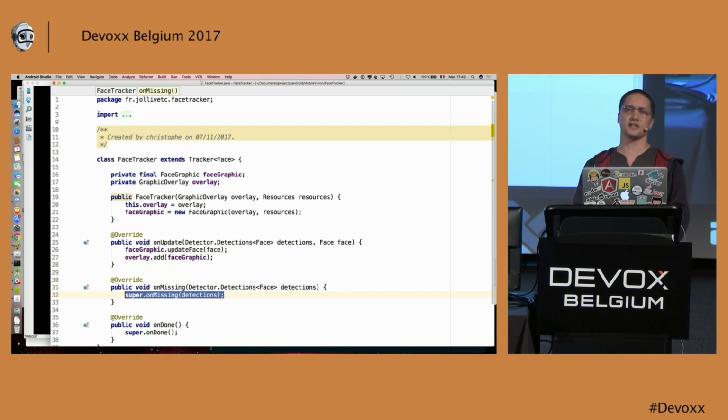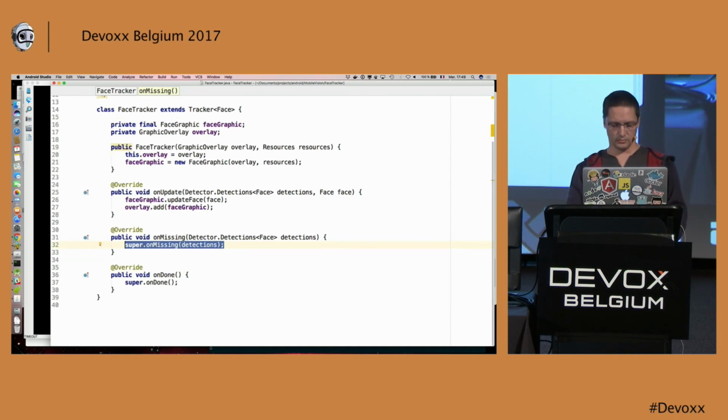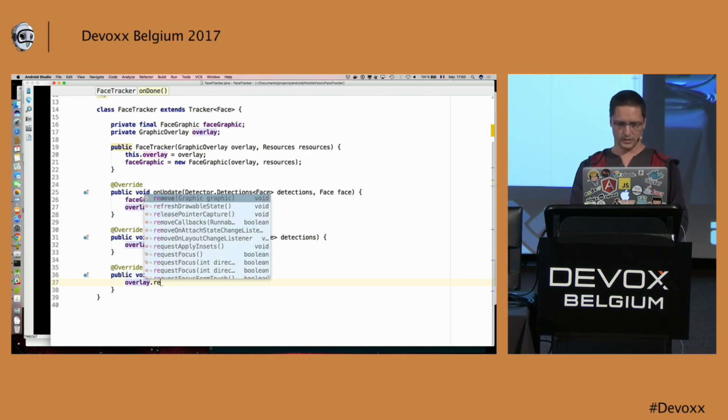On missing will be called when there is something that hides the face, when the face is no more on the screen. So we just call overlay dot remove our face graphic. And the last one, onDone, is called at the end when you stop the face detector. So we just remove our graphic from the overlay.